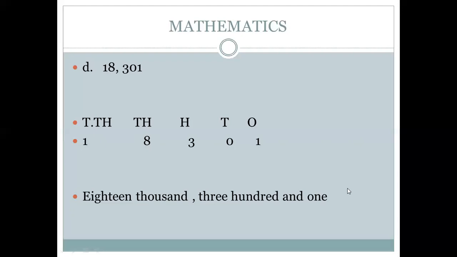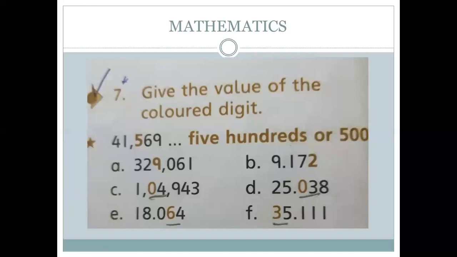18,301. This question is also easy for you because you have already done many questions of this type in the previous class. Now we come to question 7. Questions 7 and 4 are related to each other, because in question 7 we write the place value of the colored digit, and in question 4 we write the inverse. In both questions we need the table of ones, tens, hundreds and so on that I told you. We make the international place value chart.